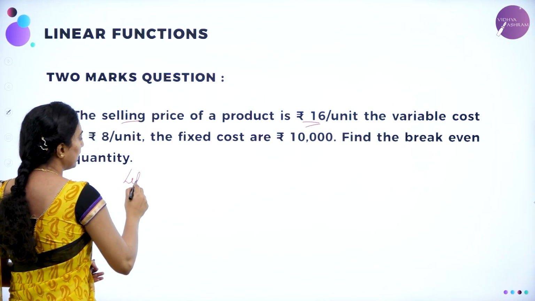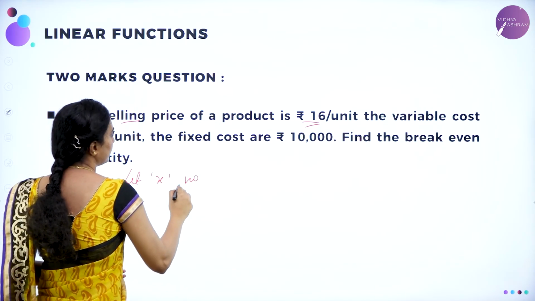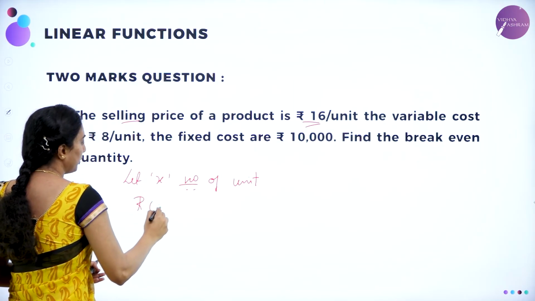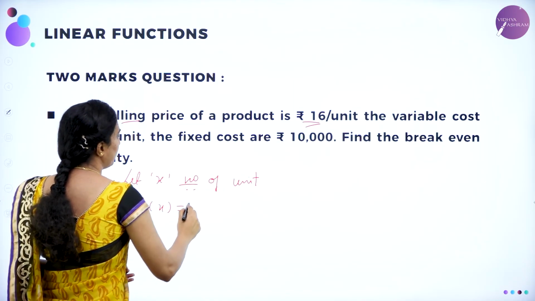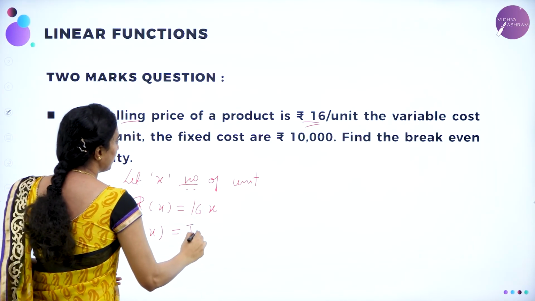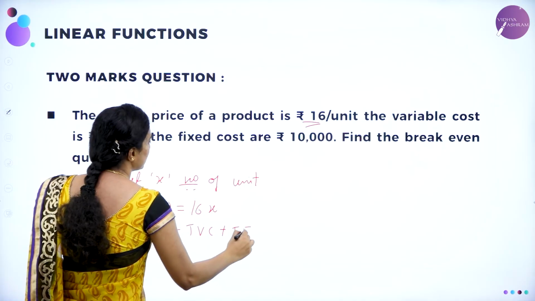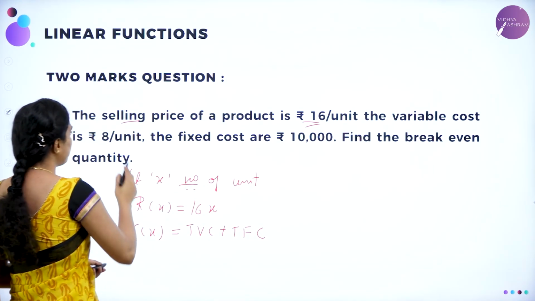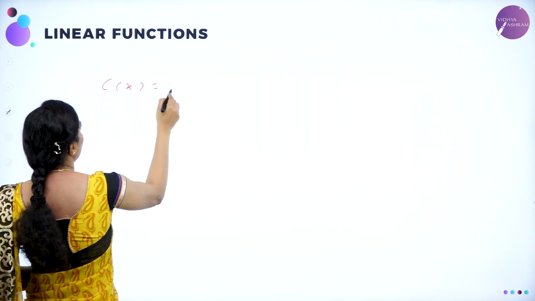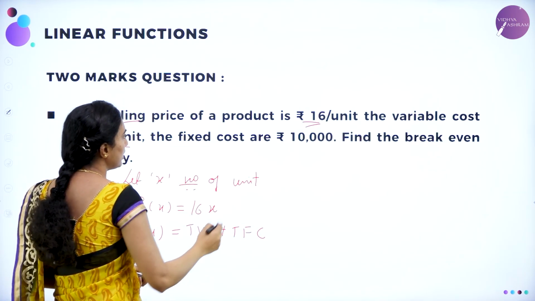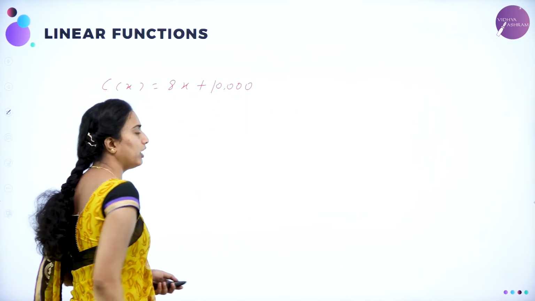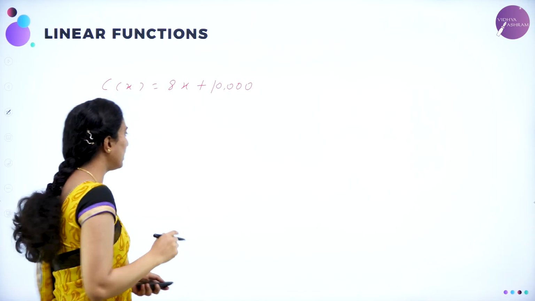So I am considering here, let x be the number of units. So R of x is nothing but what? Revenue function is selling price into x, which is 16 into x. So what is C of x then? C of x is nothing but total variable cost plus total fixed cost. So total variable cost per unit is nothing but 8. Therefore C of x is given by 8 into x plus fixed cost, they have given it as 10,000. Now they have asked you to find out the break-even analysis, which is given by